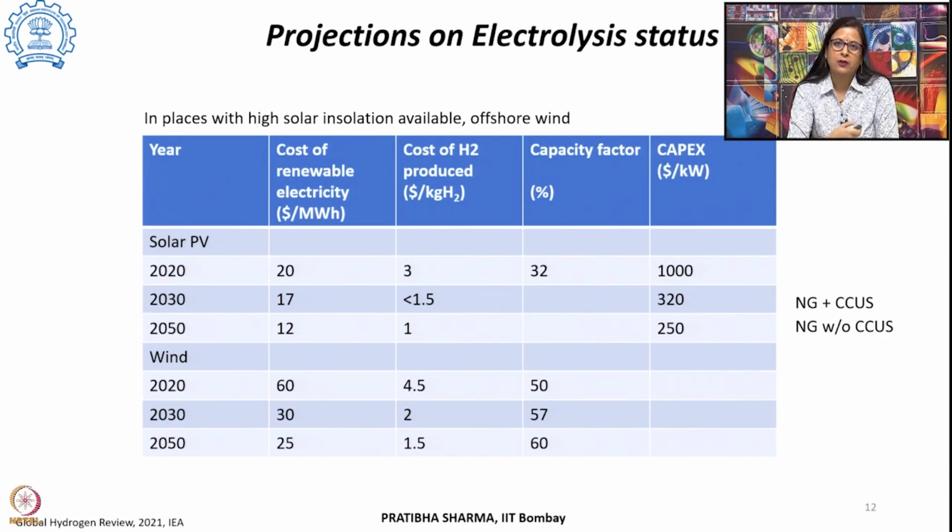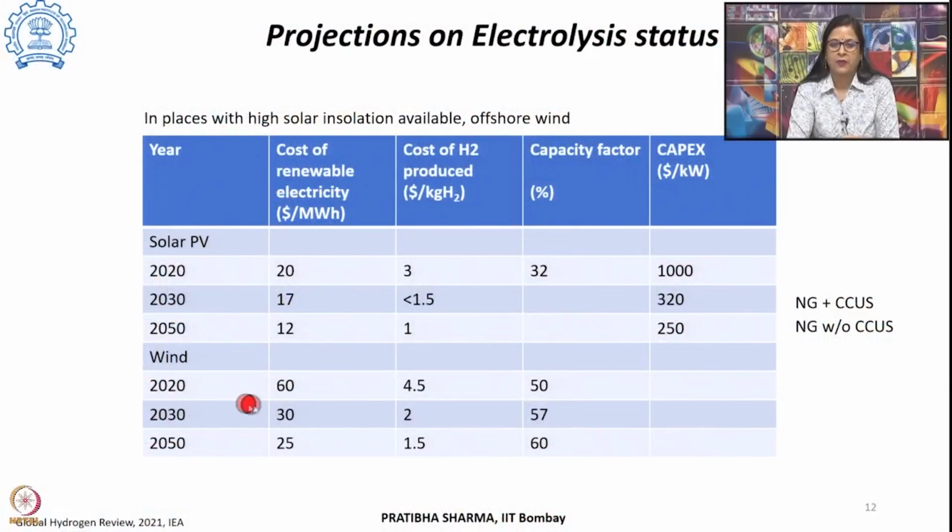In Europe, the hydrogen production could be from offshore wind, and then from there it could be taken through pipelines, and that will reduce the cost of transmission and distribution, which could be the losses associated with that. Considering that the current prices associated with the wind power, the cost of renewable electricity currently are higher, $60 per megawatt hour, and that is responsible for $4.5 per kg,